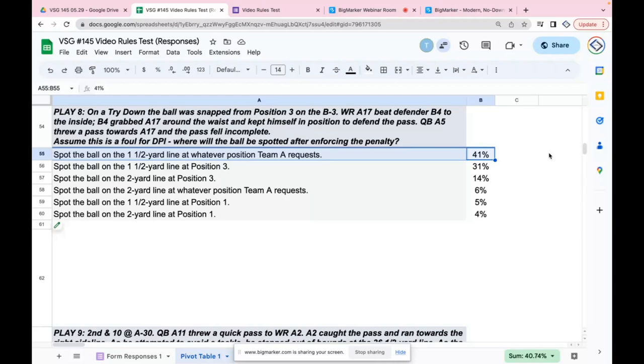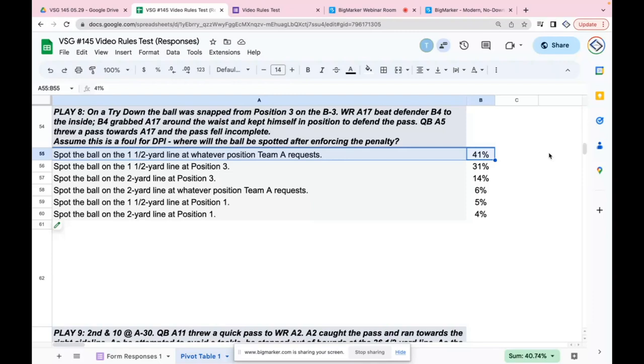Now, can we get back to what if this is not a try? Is it the same rule? No, absolutely not. We're going previous spot enforcement. We're snapped from the 3. Okay, so we're going to go to the 2. Yep, on this very same play. What if we're snapped from the 2? Then I believe it's half the distance. We're going to the 1. Yes. Okay, so if we're snapped previous spot, we ain't moving the ball. We have to go from the previous lateral position. There's no ball in hand. So the try is what gives ball in hand.